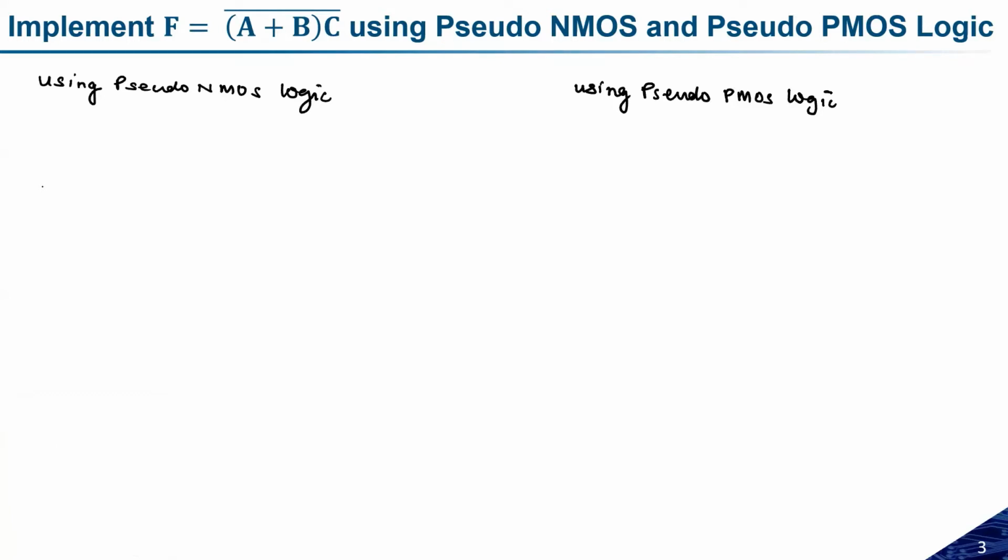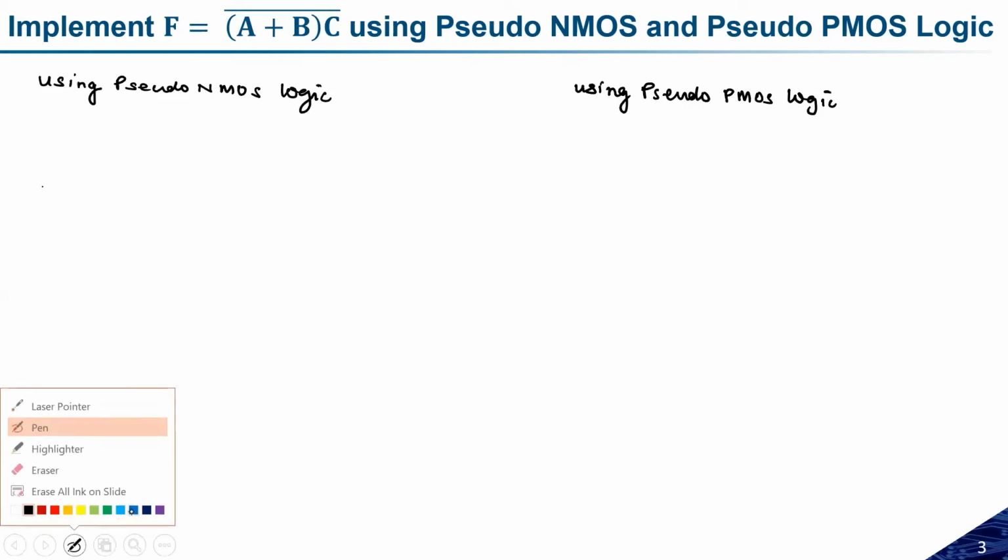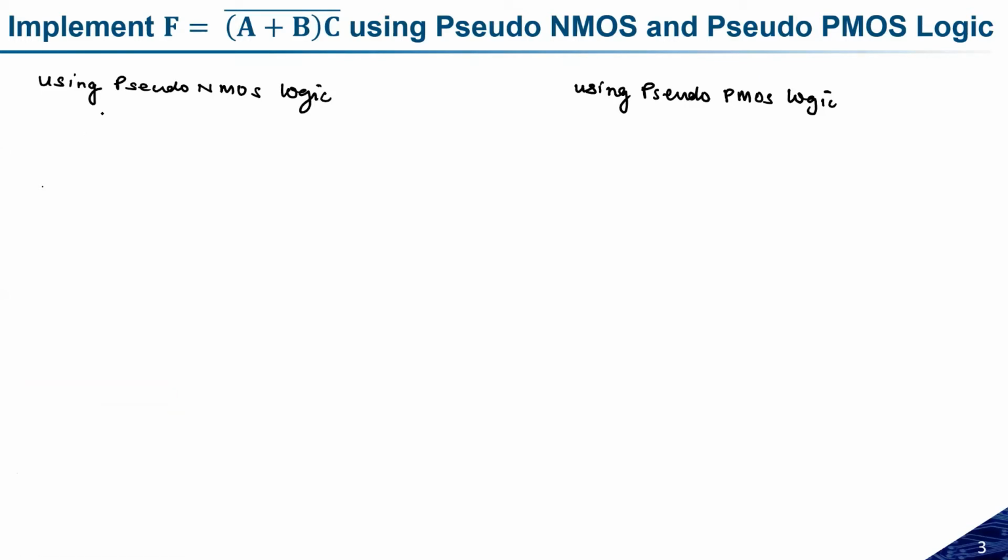Okay, so if I'm considering the pseudo NMOS logic, in that case the pull down network needs to be designed. And if I'm designing the pull down network, whatever the function I have, I simply find the complement of this function, and that will be (a plus b) into c. This will be the function, because I am designing the pull down network. Plus symbol simply indicates I need to keep the transistors in parallel, and the dot symbol will be the series one.